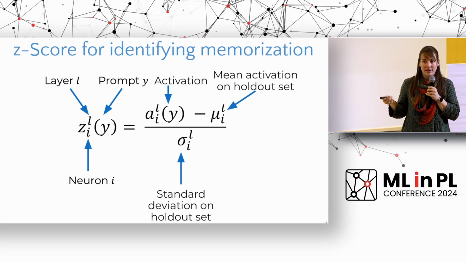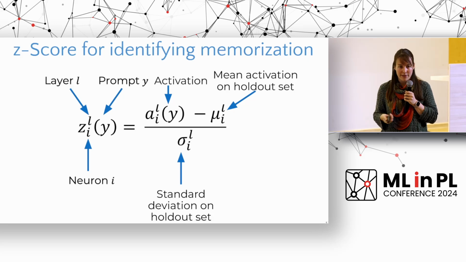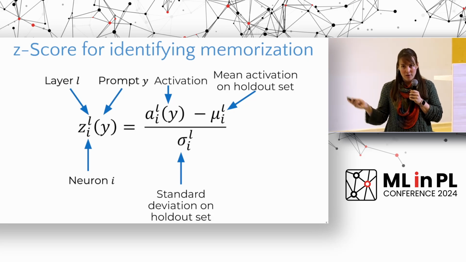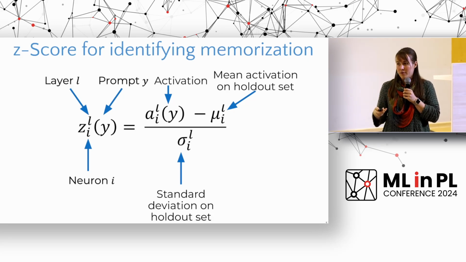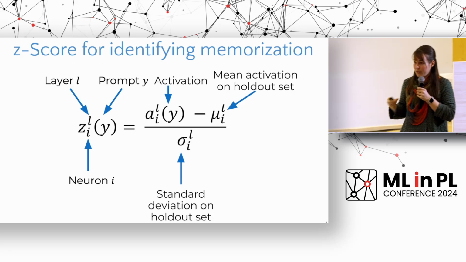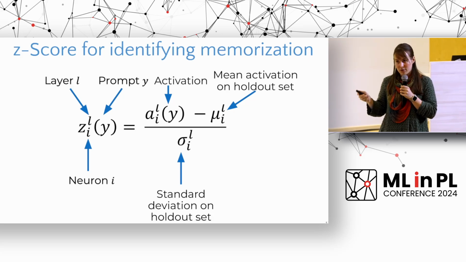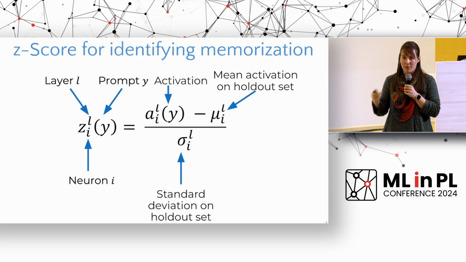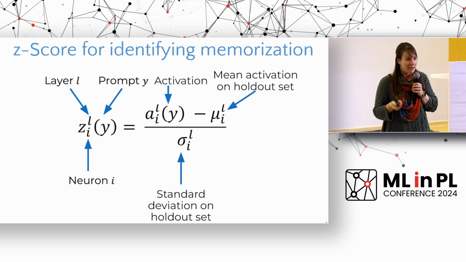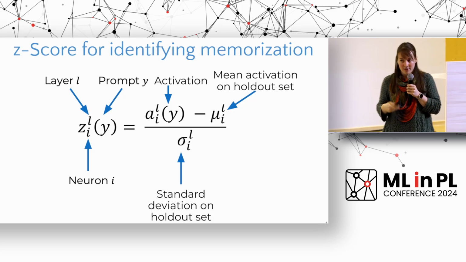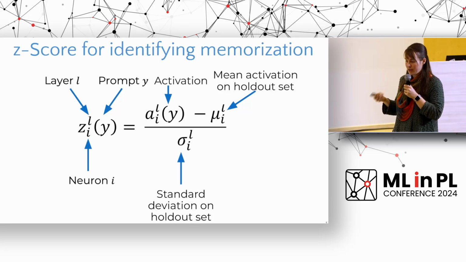And for this, having these standard activations is just a one-time operation where we take 500 validation samples, we infer them through the model once, we capture how they activate the neurons, and then for every neuron we have that score, and for every new prompt, we can just compare it against the score. So eventually we'll find out how much of an outlier behavior any particular neuron has on any particular data